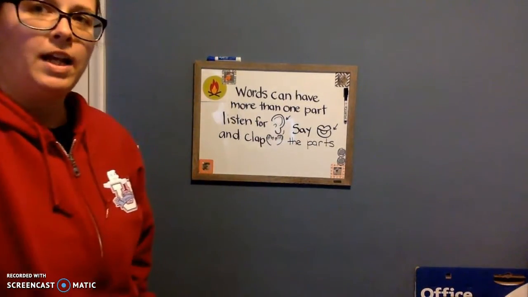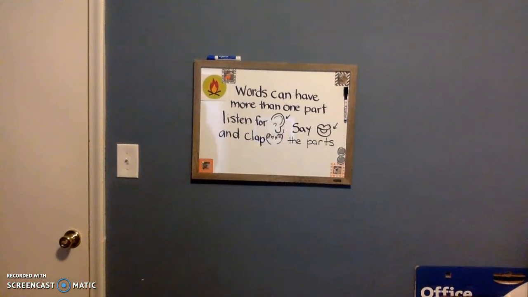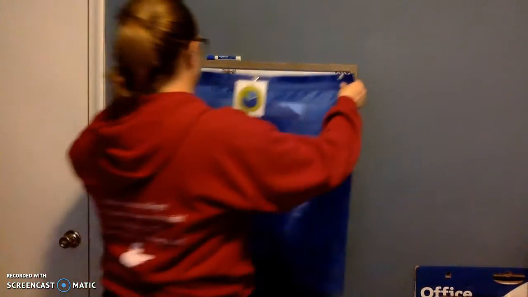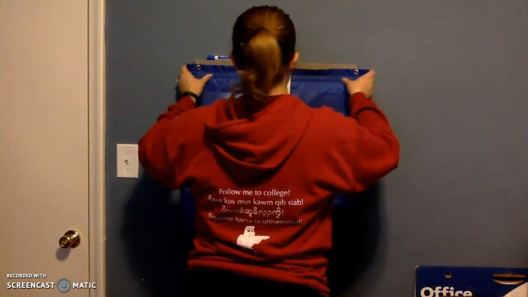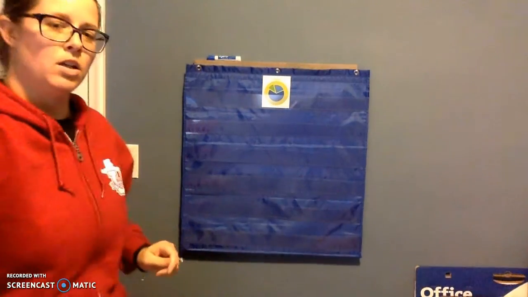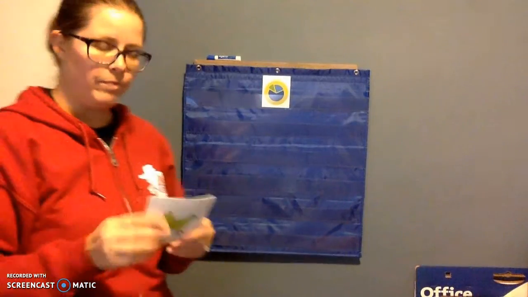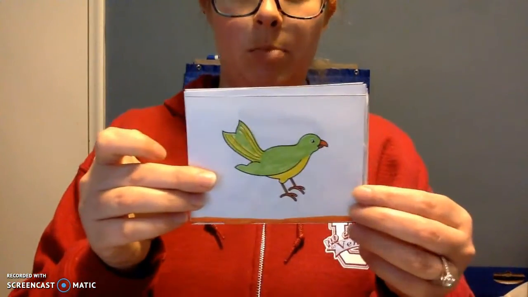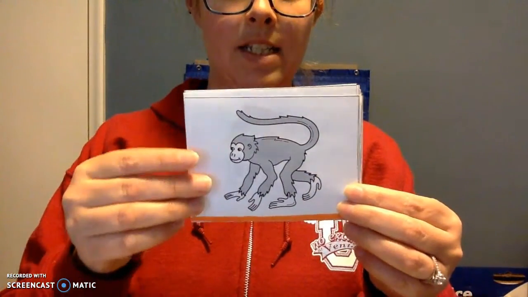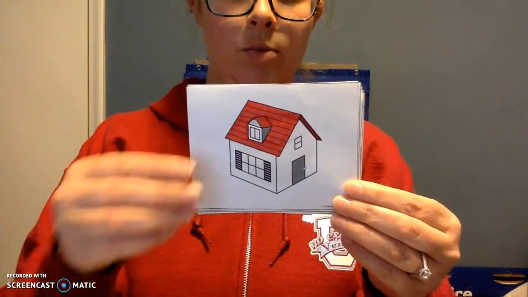So to get us started, I need to switch gears just a little for you and put up my chart. So this is our chunk. This is the part where you learn how to listen to parts. So to start us out, we're going to look at all of our words. My first word is bird. My second is monkey. My next one is house,